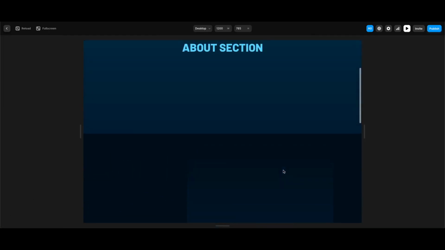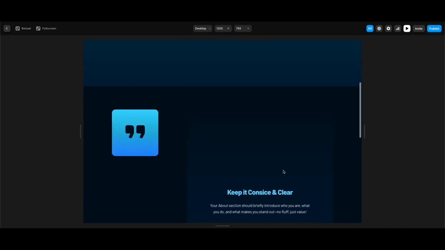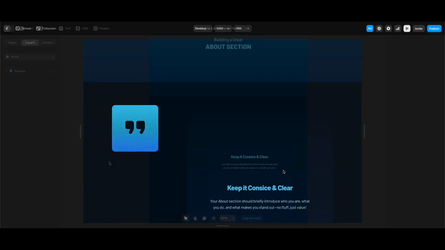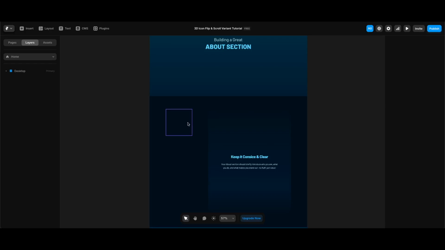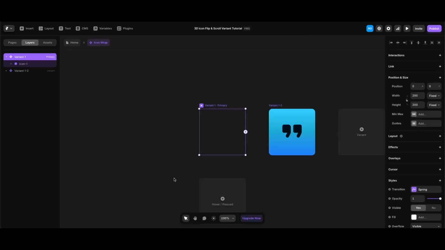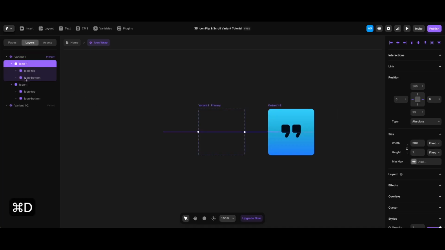Now when we preview our effect, we can see it's much better, right? Having that popular glitch effect. Now we can go to icon wrap component screen and add other variants, right? But before that, to make things easier, I will duplicate icon 1 frame, select the 1 at the bottom and name it icon 2, and we'll repeat these steps to create icon 3